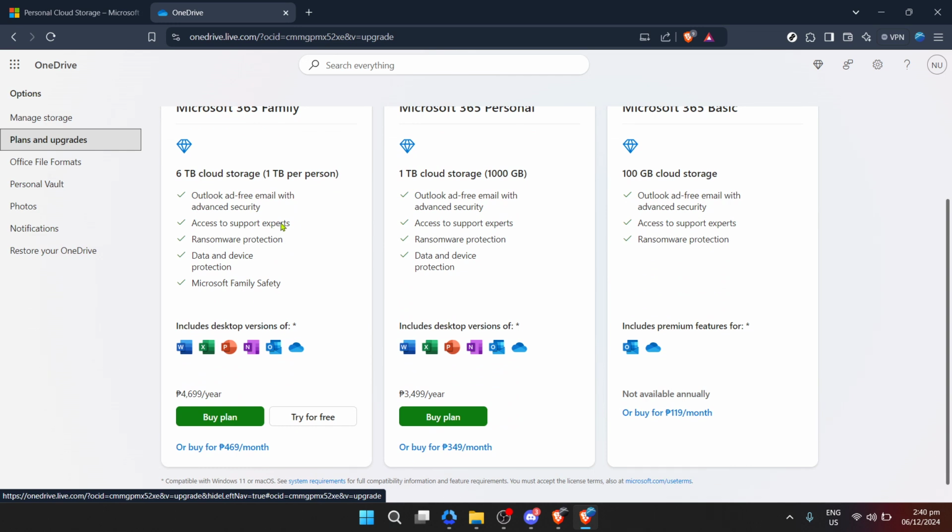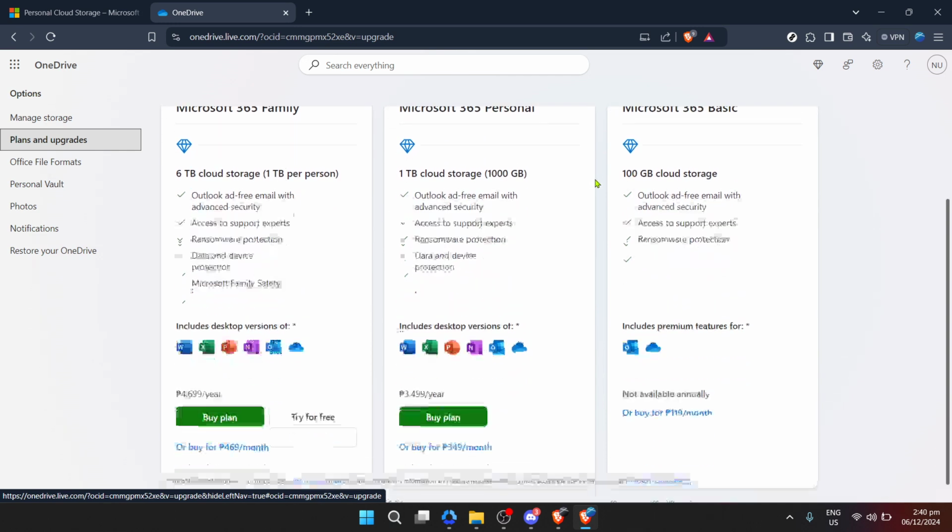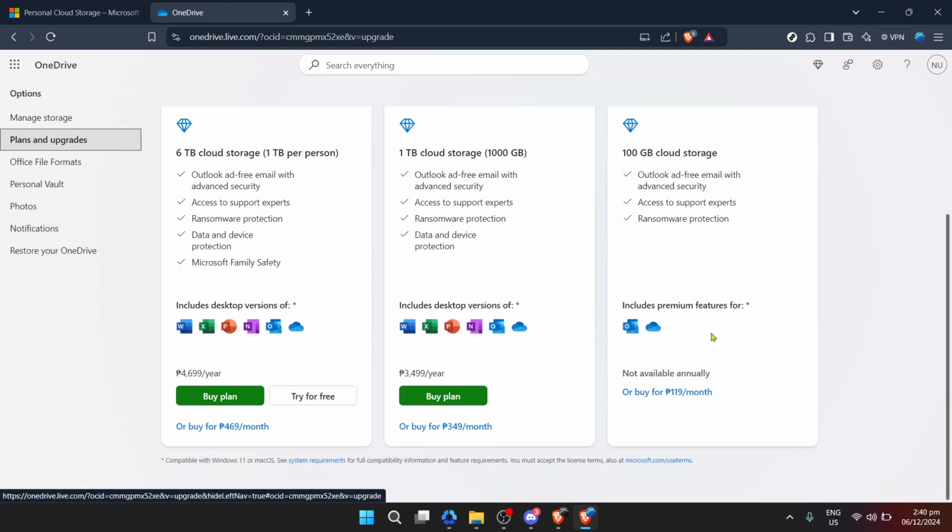To conclude, after choosing your ideal storage plan, follow through with the payment and confirmation steps. Microsoft has made this process very user-friendly, guiding you through each phase until your purchase is finalized. Once everything is confirmed, you'll immediately see your OneDrive storage limit increase. Buying additional OneDrive storage is not just about having more space, it's about freeing yourself from the worry of running out of room for your important files, photos and documents. It's an investment into your digital well-being and peace of mind.